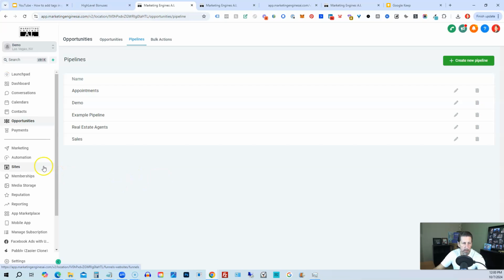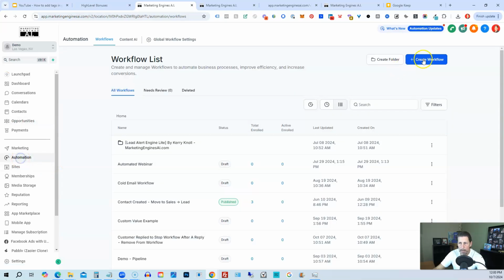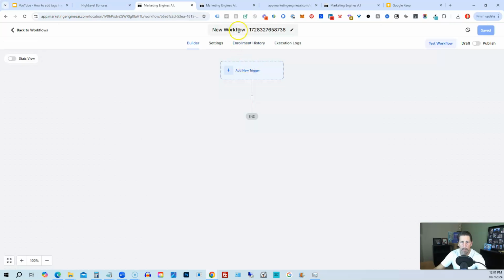Then the next thing we want to do is go into automation. Then we want to create a workflow. So create workflow from scratch, and then we'll give it a quick name. Add tags to contacts based on stages in pipeline. Example. And then what we would do is click on create,